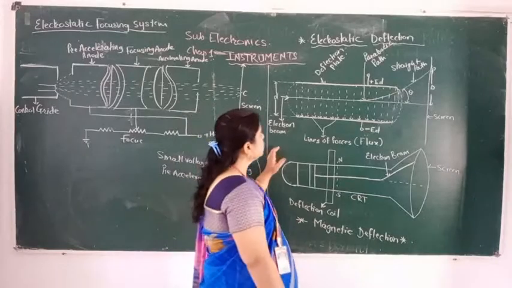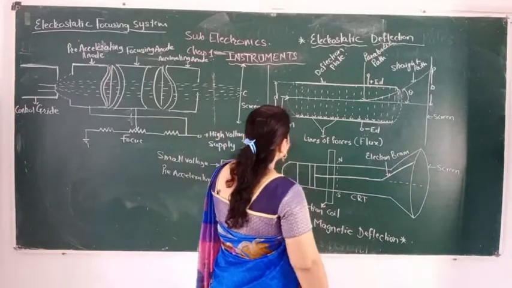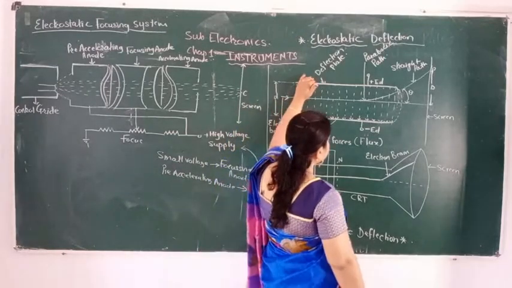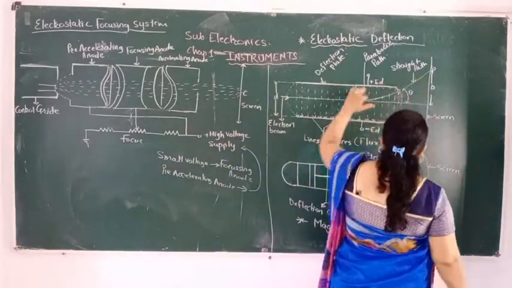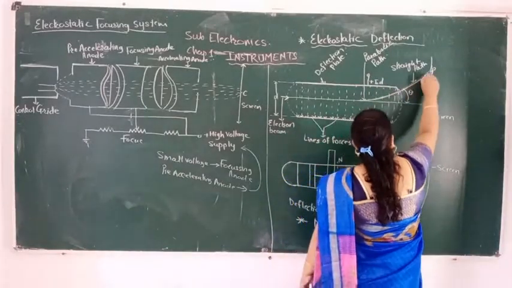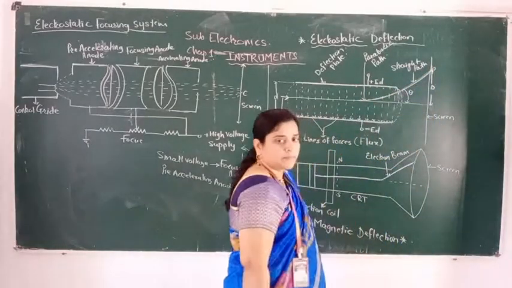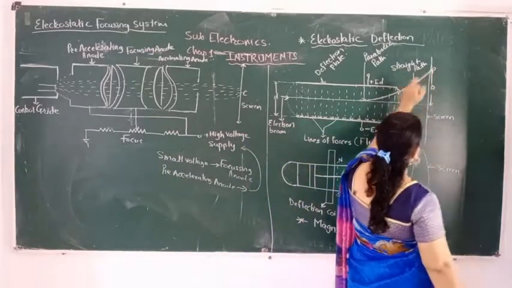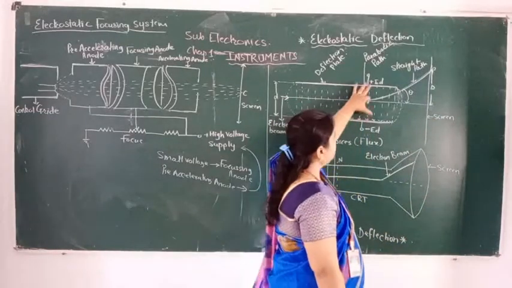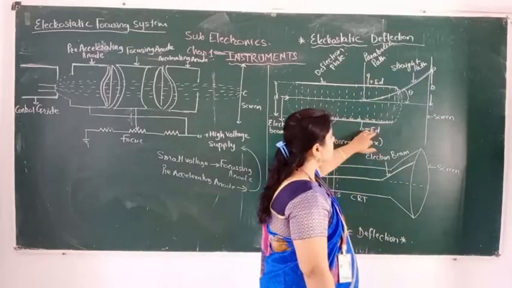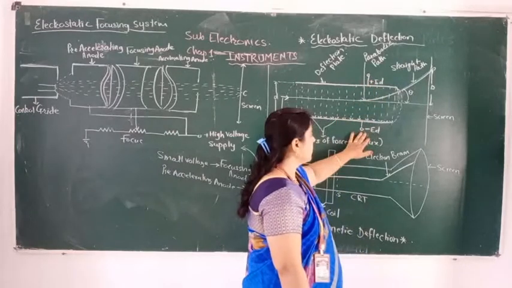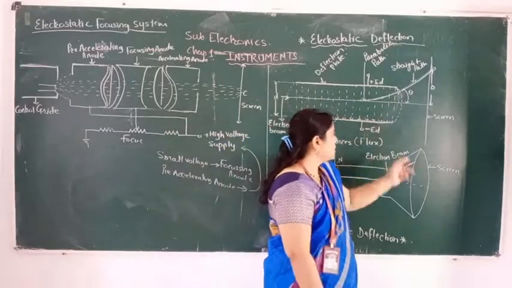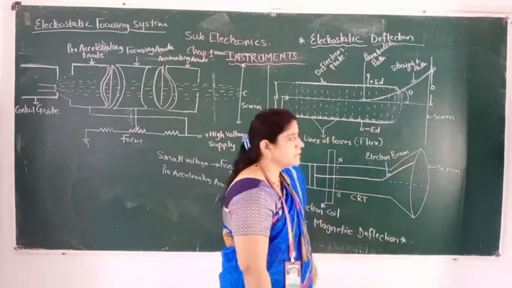Okay. So in electrostatic deflection, what happened? The electron beam is there. This is the distance, small d. The deflection plate is there, and this is the parabolic path. This beam will flow in this direction, which is called the straight path. It has two potentials, plus Kd and minus Kd, and it has lines of force, and those lines of force are called the flux.